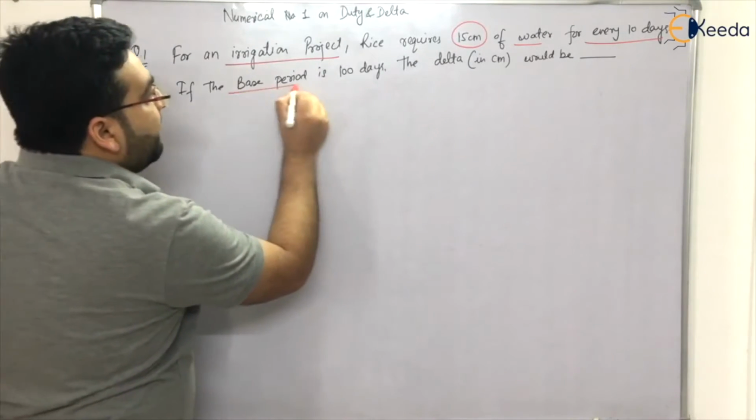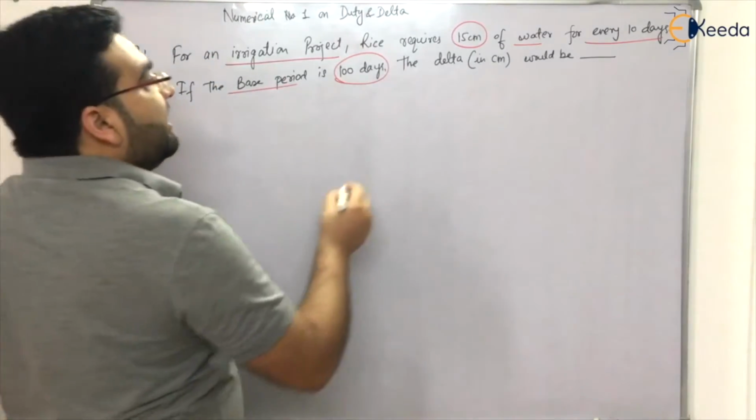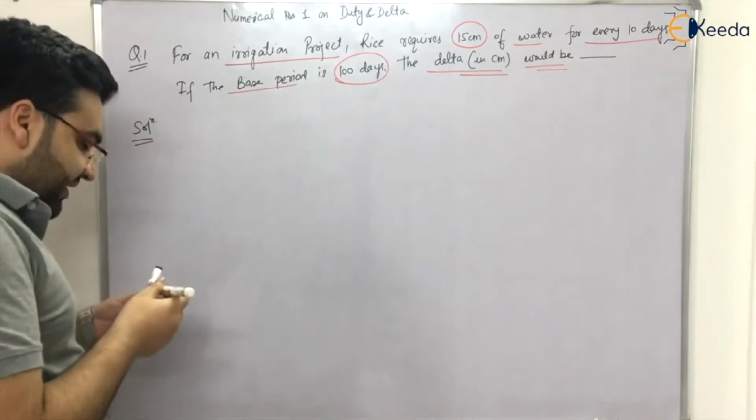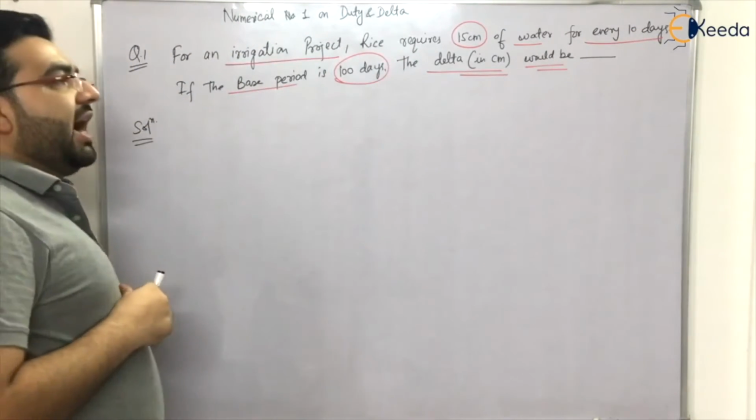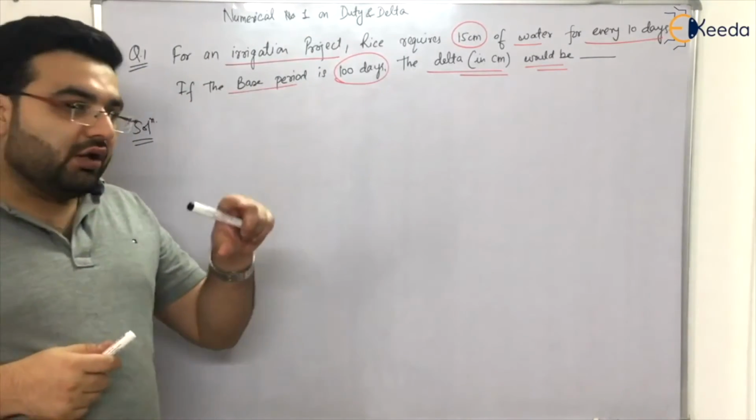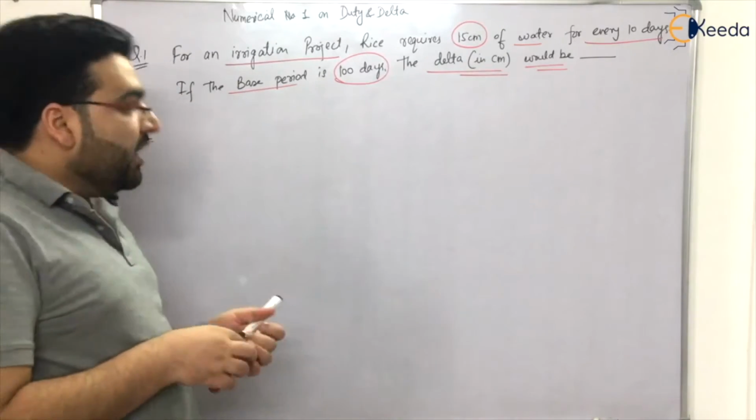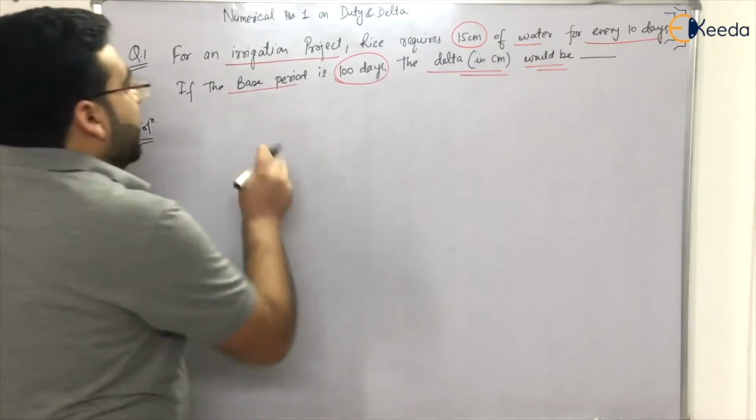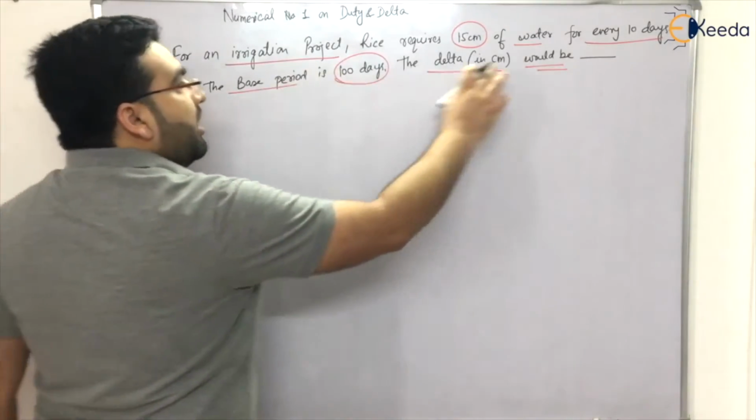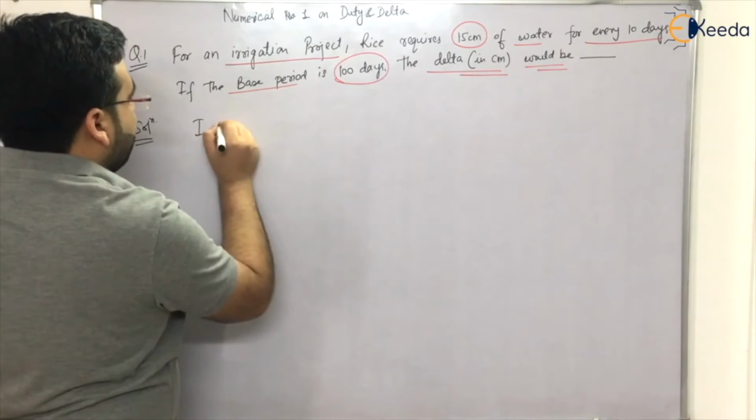If the base period is 100 days, then the delta in centimeter would be how much, right? It's a very straightforward question. I told you that delta is the depth of irrigation water which you are providing to a crop for the base period, right? So how much is the total depth of water? Now base period is 100 days and you are providing water after every 10 days. It means that I have to provide